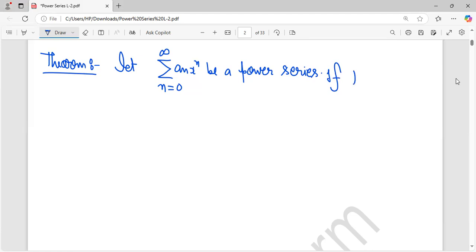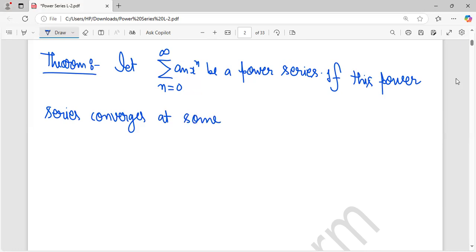If this power series converges at some x equal to c, where c is non-zero, then the power series